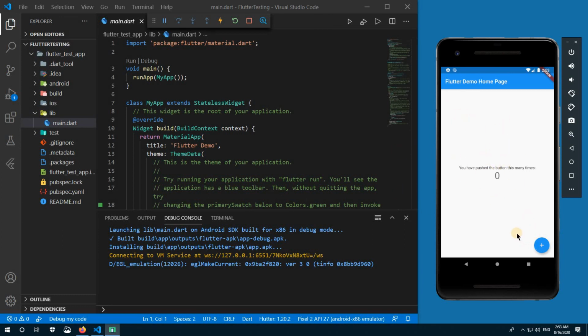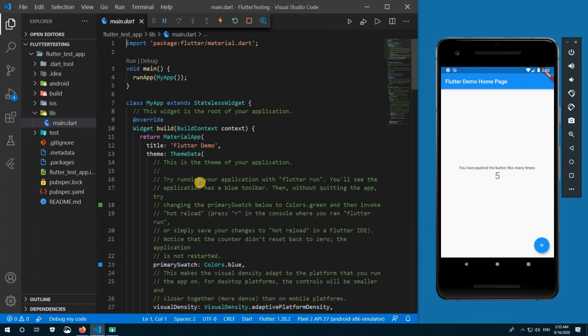So here is how you can use VS Code to develop Flutter apps. So that is it. Now it is your wish what you want to use. You can use Visual Studio Code, you can use Android Studio,